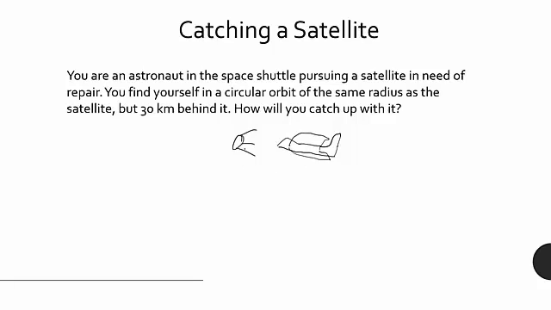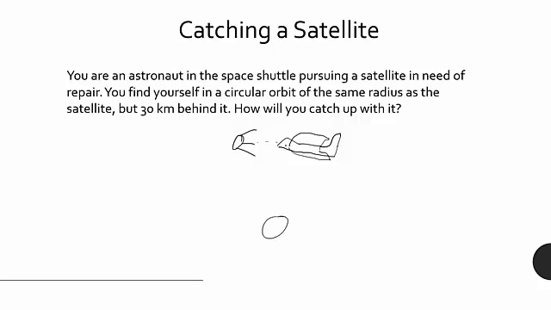Okay, you're trying to catch up with this satellite. Here's Earth down here. You guys are at the same altitude. So you can't just speed up to catch up to the satellite because that will disturb your orbit. You will shoot out into an elliptical orbit or something like that, or an orbit of a higher